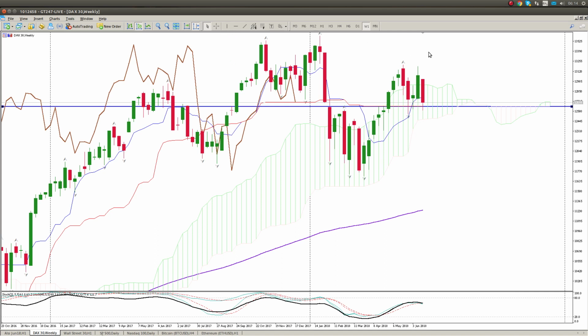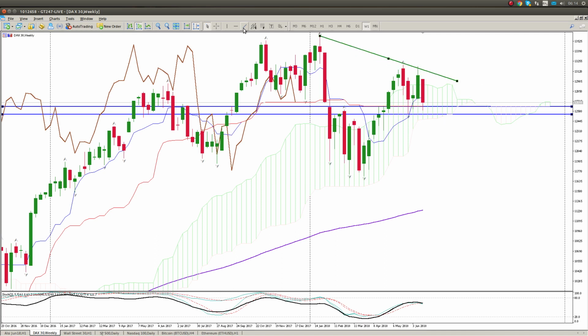Okay, the first one is that we have a potential double top or M reversal. We would need to break below this level here. So let's just put that level in. We'd need to break below this level here for that to be validated. Okay. The other view that we have here